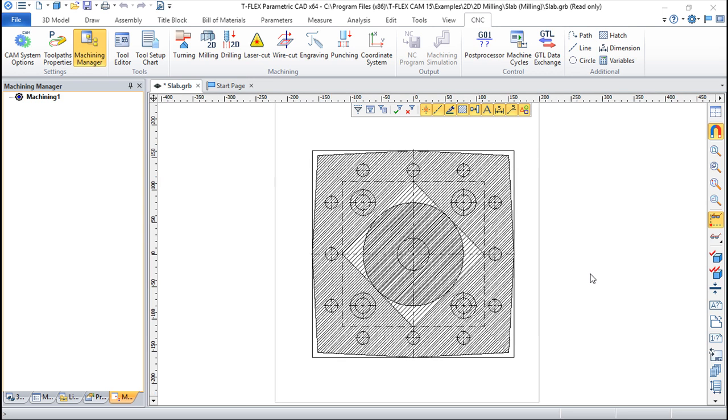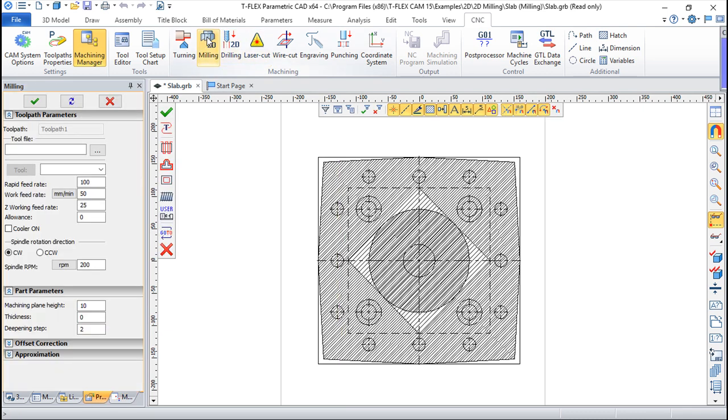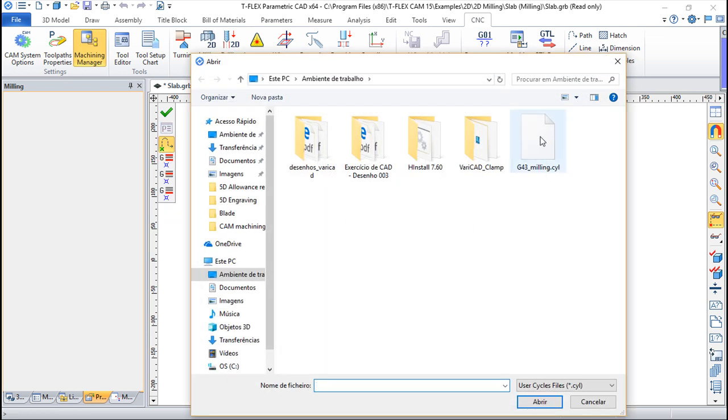So I have this 2D drawing, and I have my cycle already done and saved in my computer. If you remember, it was a milling cycle. So if I call milling, I have one function here that is this user, or better saying custom machining cycle. So I will call my cycle,